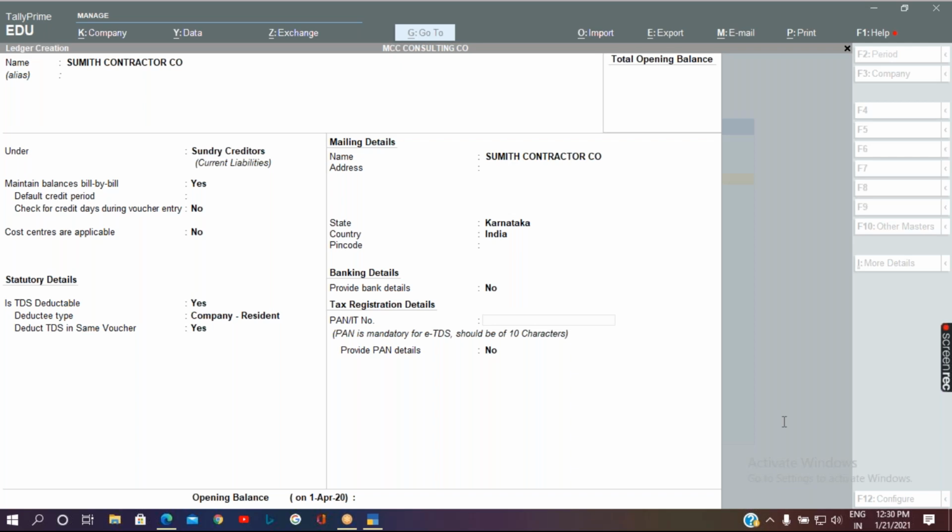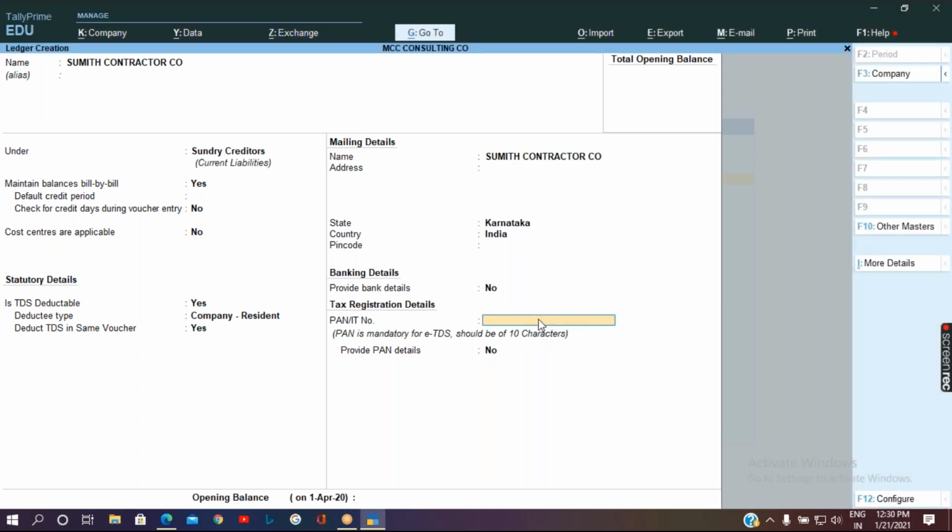So even though for this party it has to deduct at 2%, it will be deducted at 20% in case I am not going to specify the PAN number to this party. Okay, so it is mandatory to furnish their PAN number. So let me take the PAN number and accept the screen.